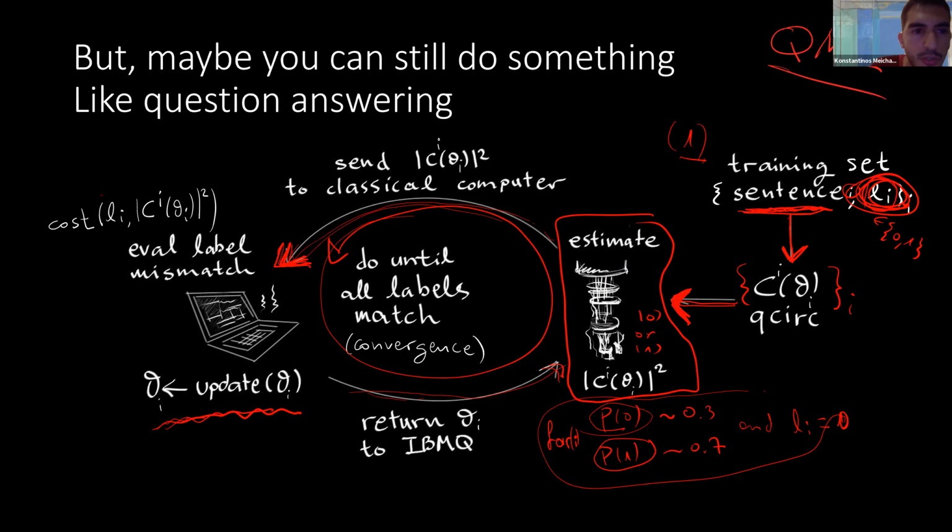And the cost function says that the sum of the mismatches of all of the labels has to be minimized, for example, with some distance that you like. You can take absolute value, you can take square, you can take relative entropy, whatever you like, some monotone. But yes, every sentence is treated individually in the sense that it gets mapped to its own circuit.